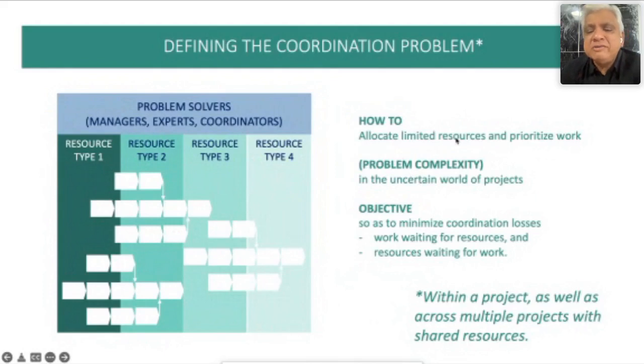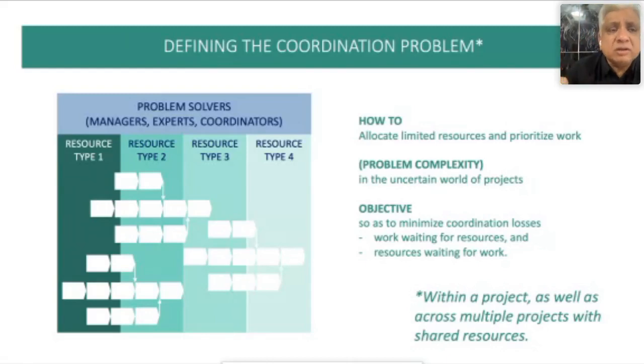How do you allocate your limited resources? Because you have projects as one dimension, resources as another dimension. How do you allocate these resources that are supporting either multiple tasks within a project, or multiple streams within a project, or even multiple projects in case of multi-project environments? And also you have these indirect resources, so the managers, the experts, the coordinators. They are not specific to a task. They are what you call level of effort resources. They also need to have priorities as to where they should focus their attention. So how do you allocate these limited resources and prioritize work in the uncertain world of projects